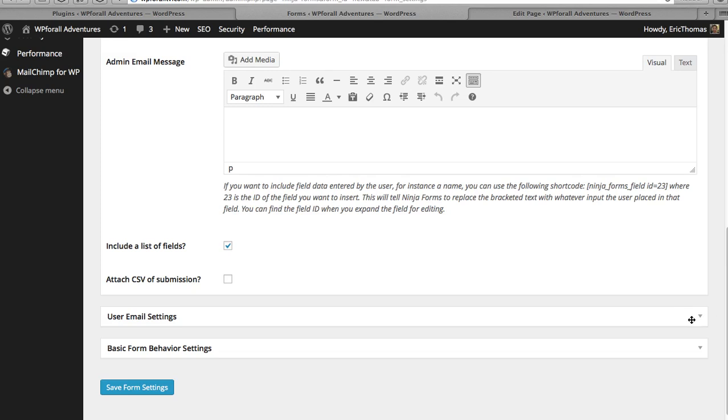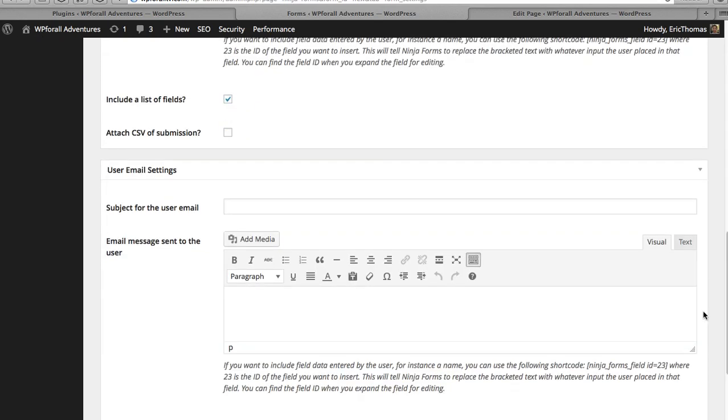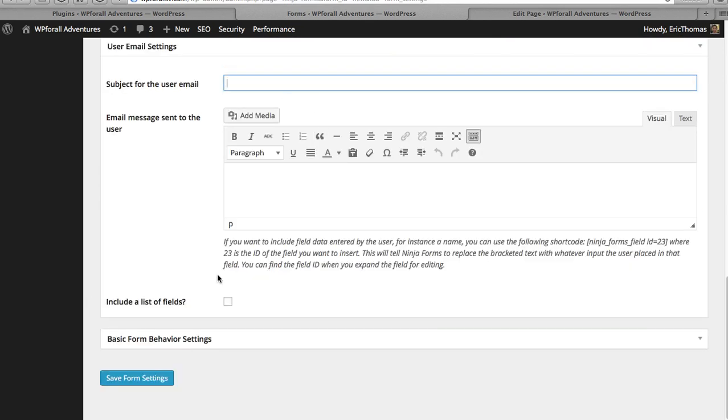It's not necessary. The user email settings. So if you wanted to send the same email to the user, you could do that as well, right? For example, if you wanted to give them a copy or a receipt of what they just sent you, kind of just as a confirmation email, you could do that as well. And you just include a list of fields, or just say we'll get back to you shortly, and thank you for contacting us, something like that, right? I'm not going to go into detail of what you can do, because you could have it say whatever you want. Right, so we're just going to save form settings,